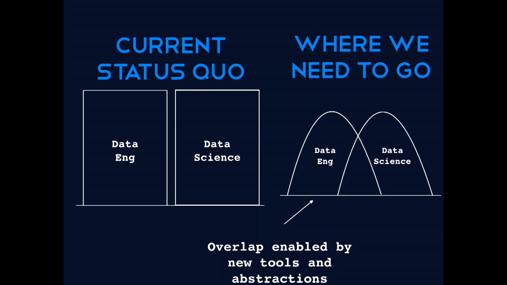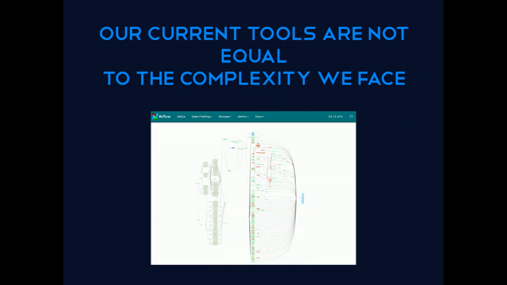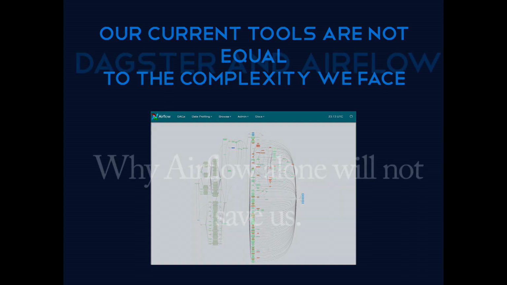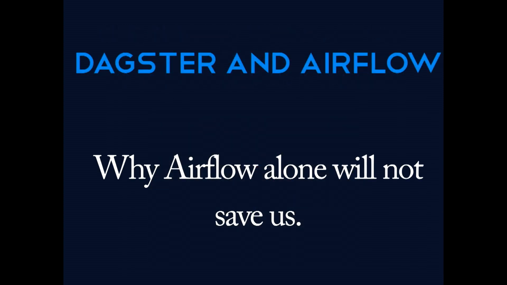In the same way, data scientists and other what I'll call data domain experts should be more responsible for the end-to-end capabilities, instead of having the capability owned by a bunch of different people where there's a dysfunctional relationship. So the claim is that the tools that we have are not equal to the complexity that we face. That's the claim. And this is what DAGs end up looking like in these systems. It's crazy. And it falls apart so quickly. It's always amazing. We just see these types of DAGs over and over again.